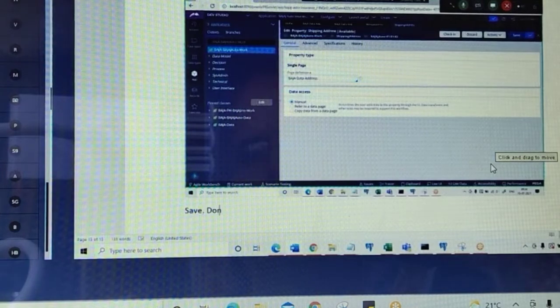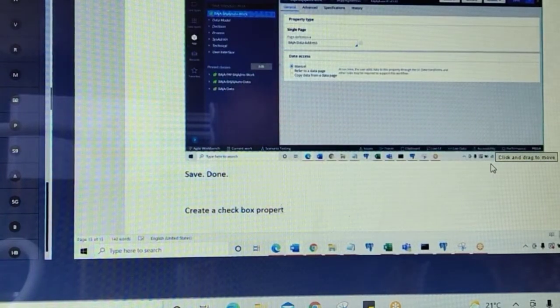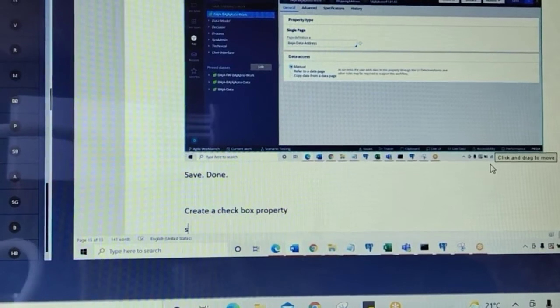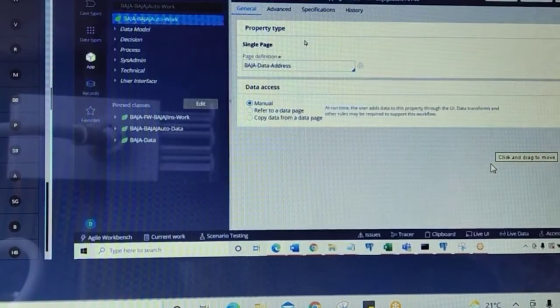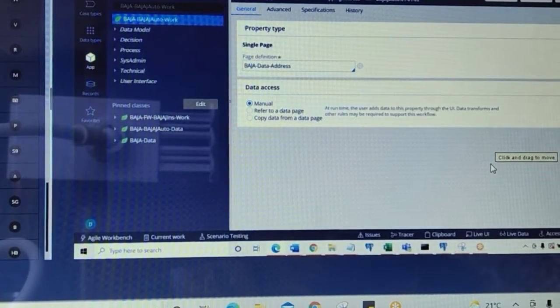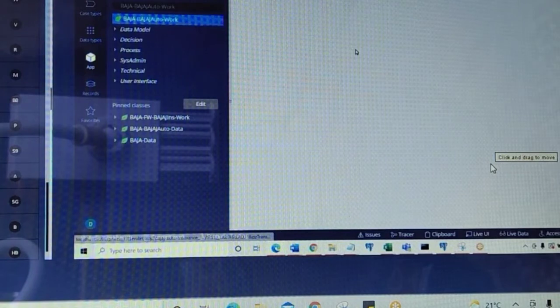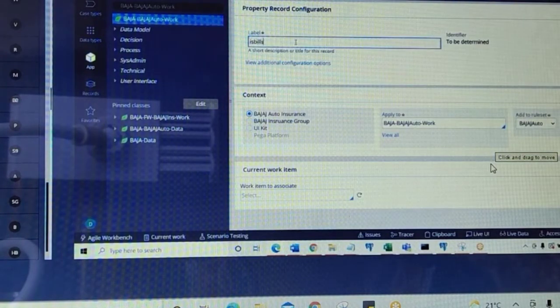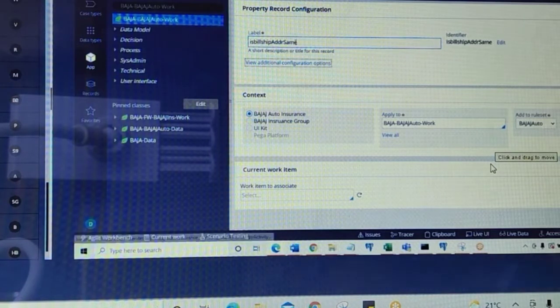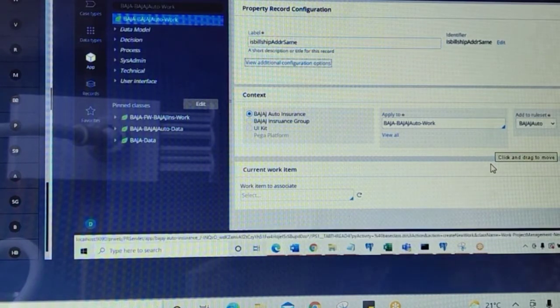Create a checkbox property. Let me create one checkbox property here: bill ship address same. This checkbox is going to tell whether both addresses are the same.